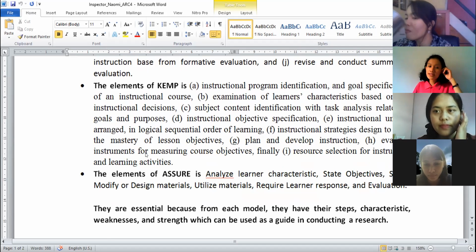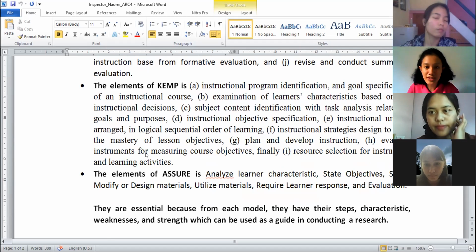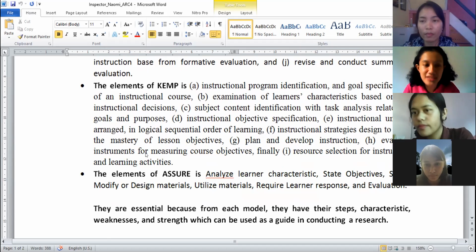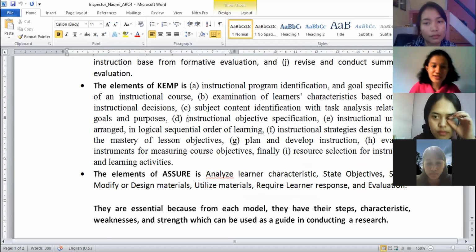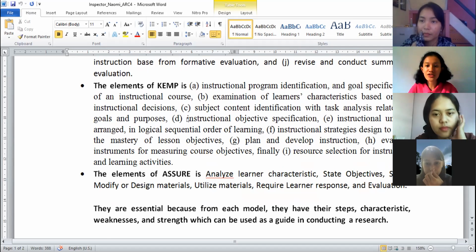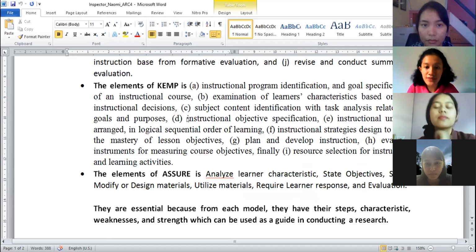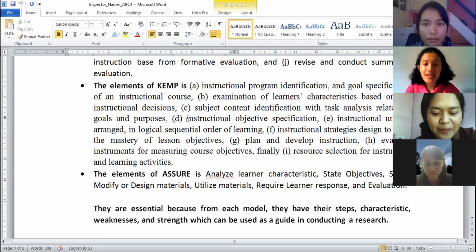So the elements are: first, instructional program identification and code specification. The second one, examination of learners. The third one, subject content identification. The fourth one, instructional unit arrangement, and next, instructional strategies, and next, plan and develop instruction, and then evaluate instruments for measuring course and objective, and the last one, research selection for